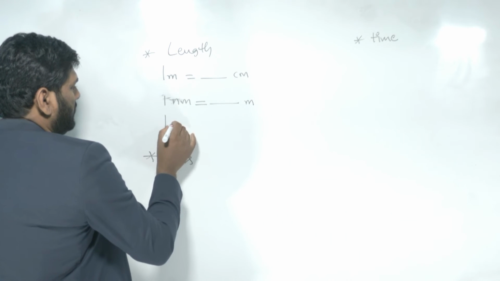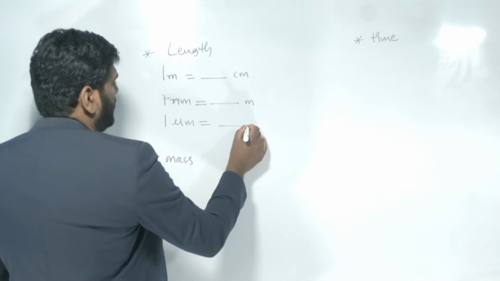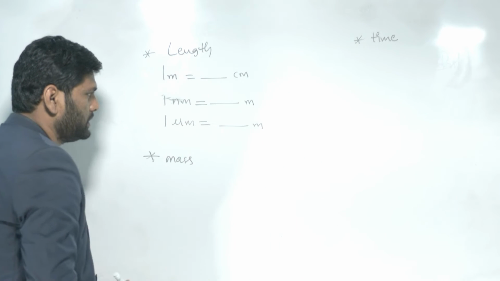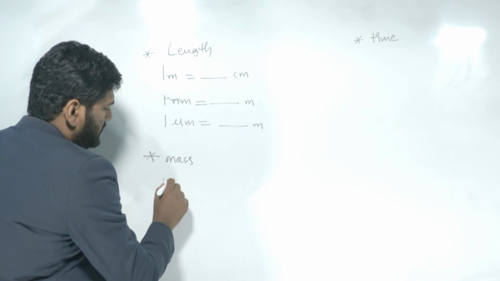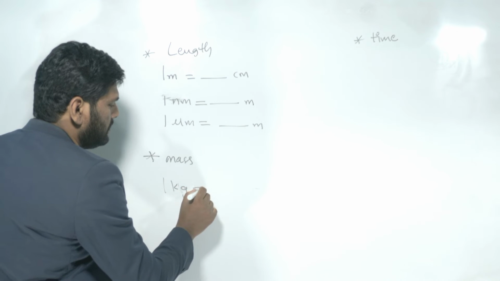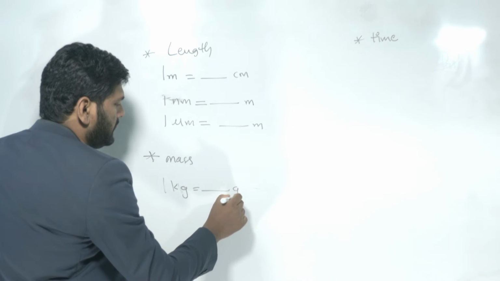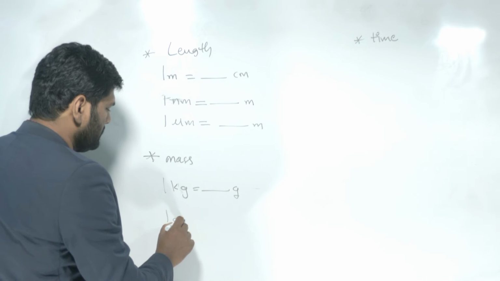Next, 1 micrometer is equal to how many meters? So these are some examples. Next, 1 kg is equal to how many grams? 1 gram is equal to,